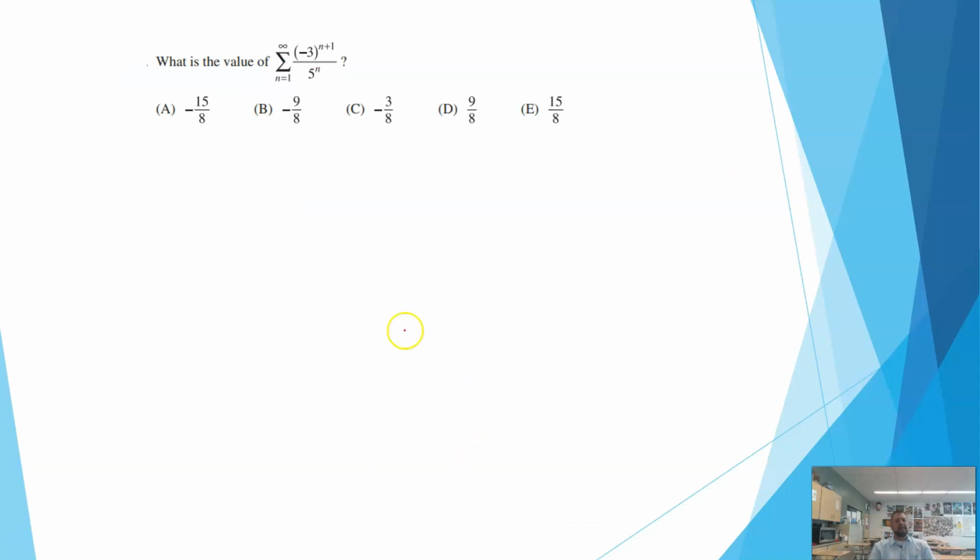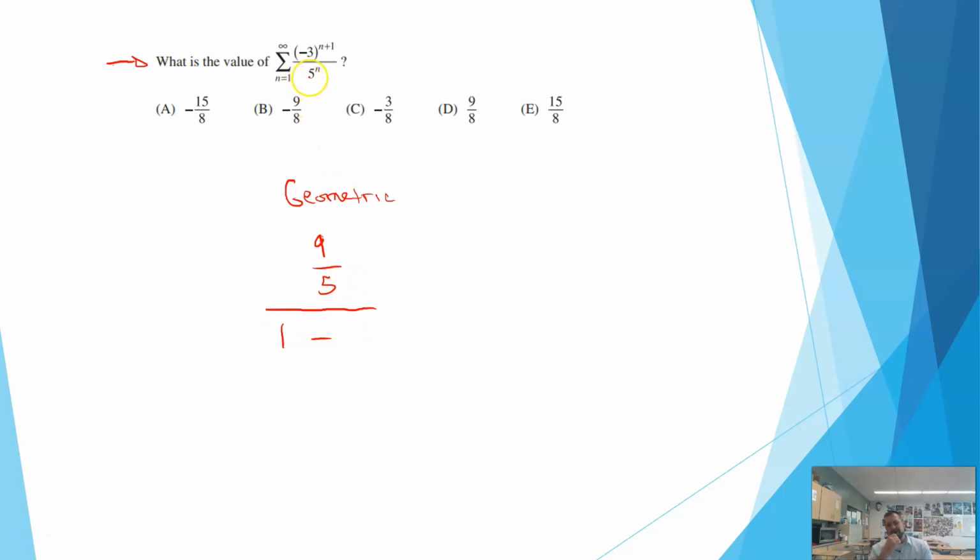So the first problem says, what is the value of negative 3 to the n plus 1 over 5 to the n? Well, notice that it is asking what is the value. Anytime it's asking what is the value of an infinite series, we know automatically that that is going to be a geometric series. A geometric series, I need the first term, so I take 1 and I plug it in. 1 plus 1 is 2. Negative 3 squared is 9. Divided by 5 to the first power, that's 9/5, over 1 minus, and then I need to subtract off the